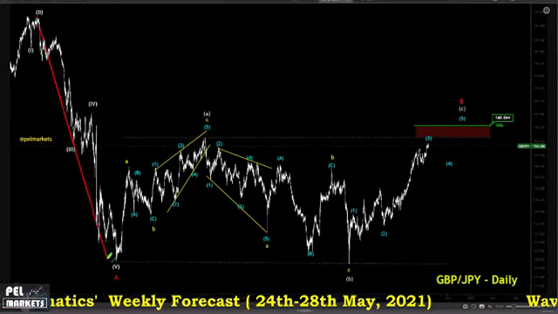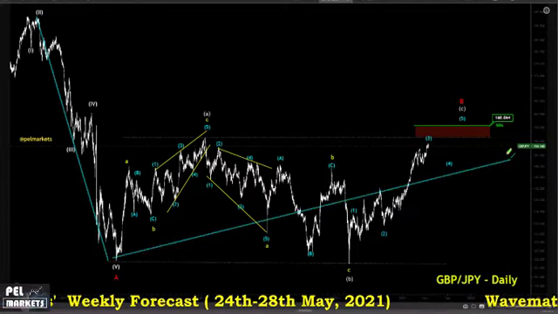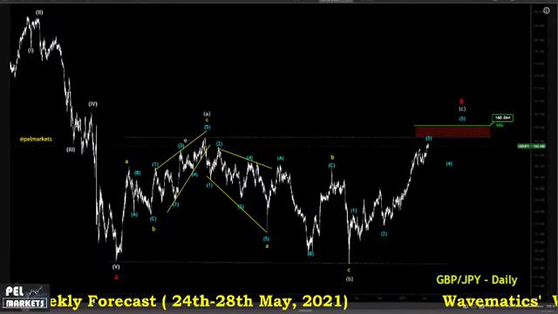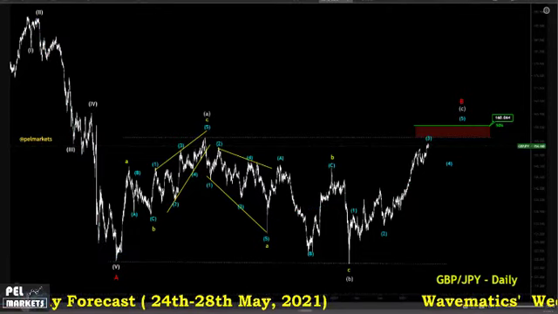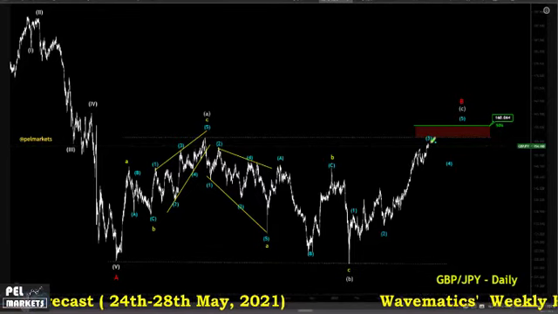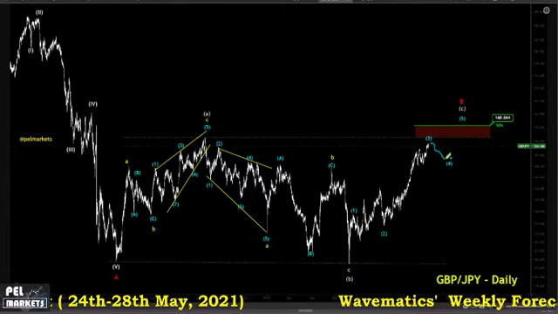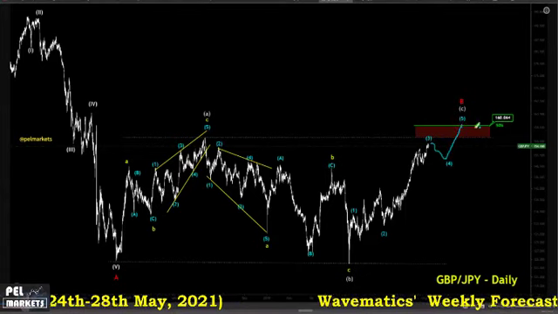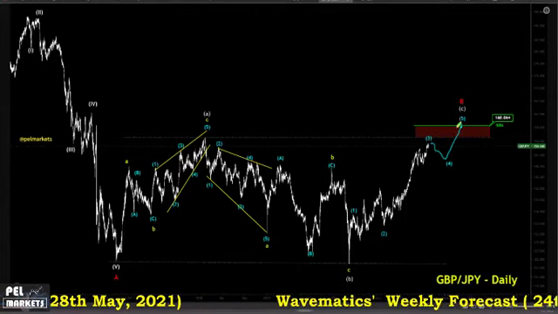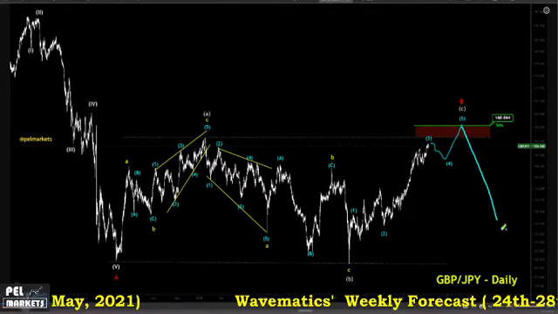for red wave A. So we are looking at this whole correction that has been in place since September 2017. Now with the correction, we've had an ABC, so wave C is underway. We've had wave 1, 2, so we are now ending wave 3. We are waiting for a correction for wave 4. Then price will move up once again into this particular zone of the 50% Fibonacci level, and we will start